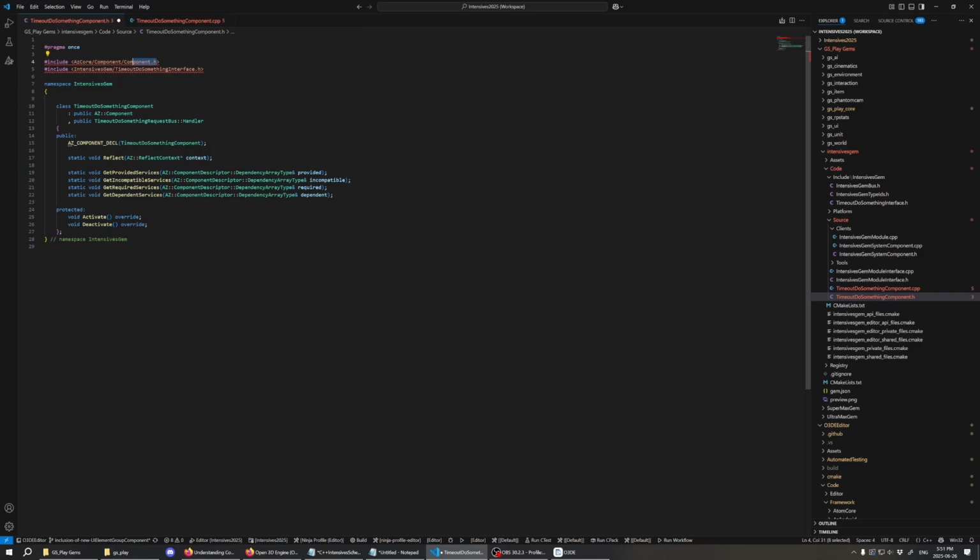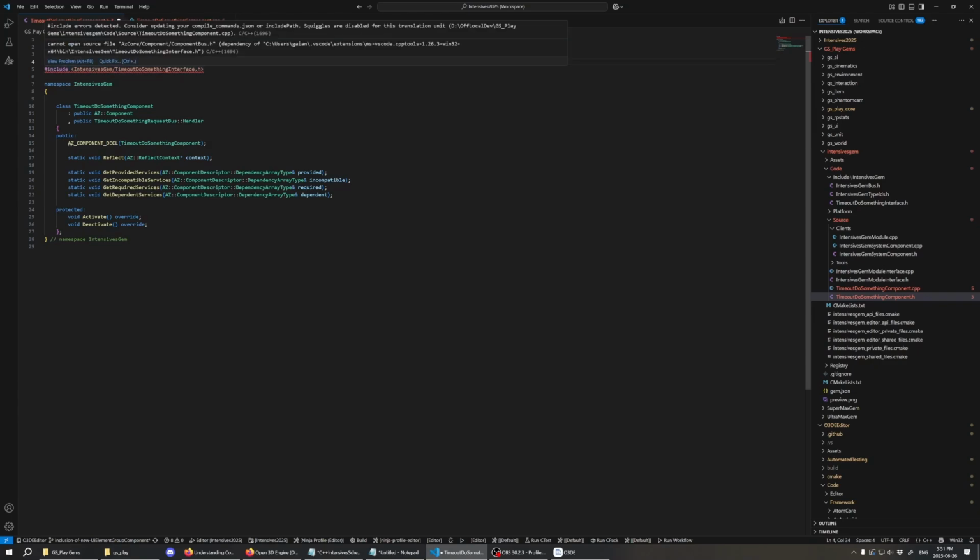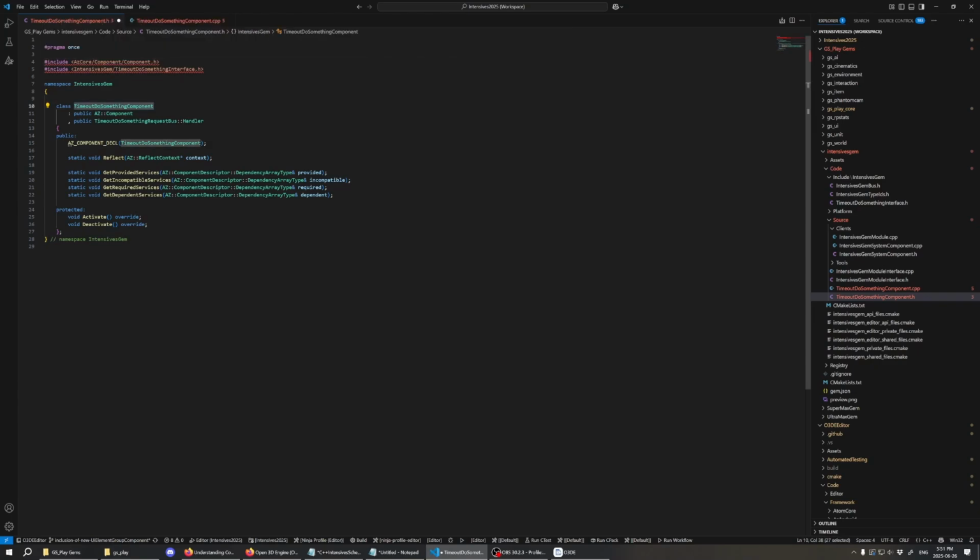And so what's happening is that right here where this line is, it copy pastes the component information. And what this allows is so that our component called TimeoutDoSomething inherits from the component class. And this is what gives us all of the default functionality, so that when we ask for the descriptors and all those things, it just already knows how to do that. And then as you're seeing, there's the reflect, and that comes from using the default component. All of this comes from the default component, but the reflect is a big one, and then the rest is just the